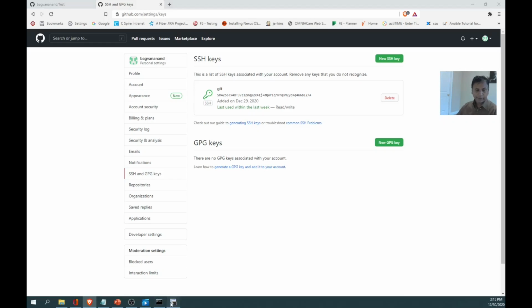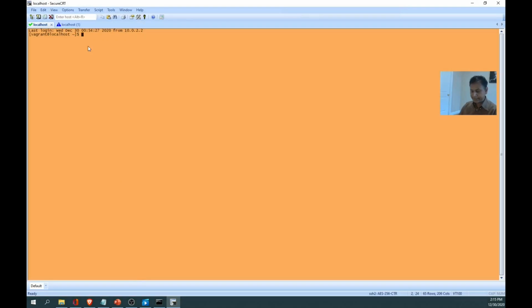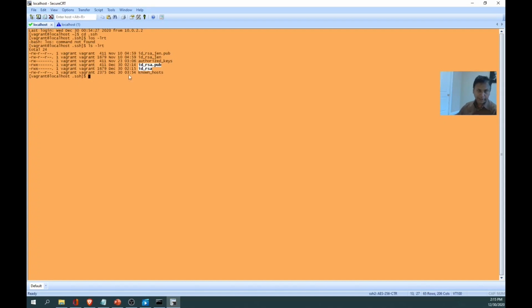Okay, I will show you where this private key is going to be. It is going to be in my .ssh. It is in this id_rsa. Actually, when you are creating ssh-keygen, you can name it anything, but Git is looking for the specific word id_rsa. Then only it works. If you keep your private key or public key combination in a different name other than id_rsa, it is not going to work. Otherwise, you need to go and change it in the configuration.